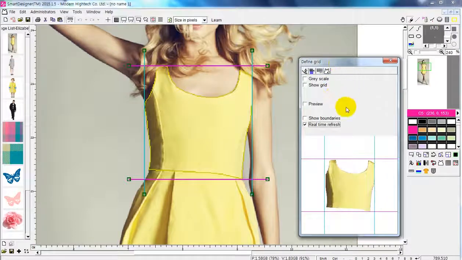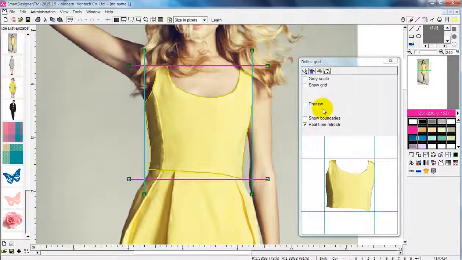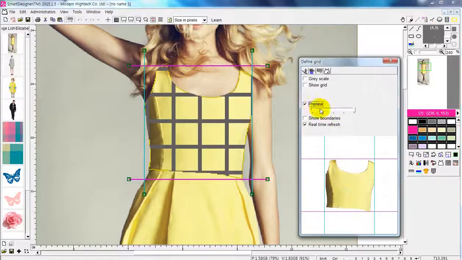Now basically the reason why you're setting the grid is to make the designs or the patterns that you created or the patterns that you scanned flow more naturally. So since the human body has lots of curves,